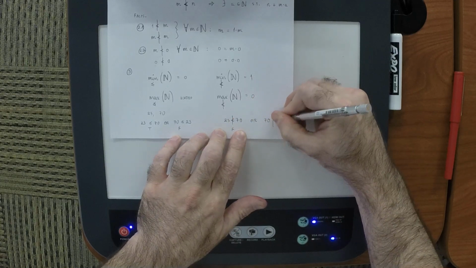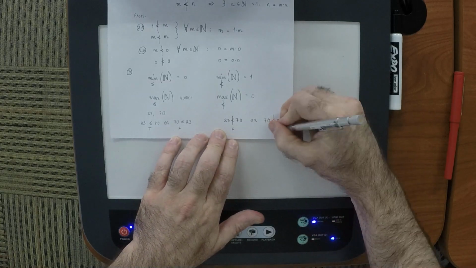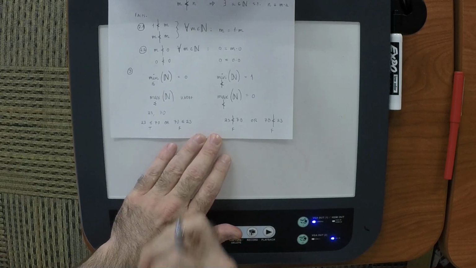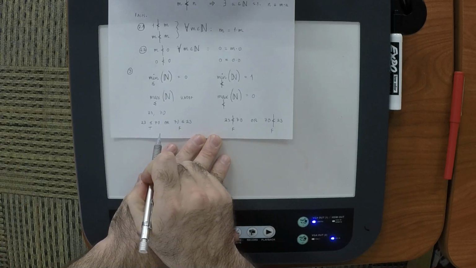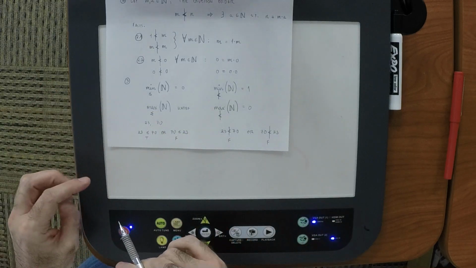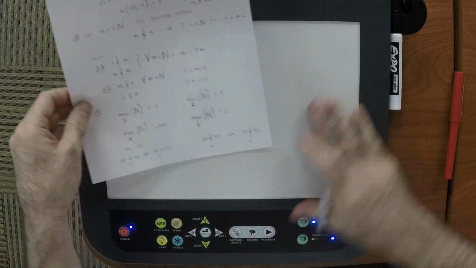Switching them around, 70 is a divisor of 23. False or true? False. So notice that, in fact, both of them are false. That's much different than less or equal, where at least one of them must be true. All right. Now,